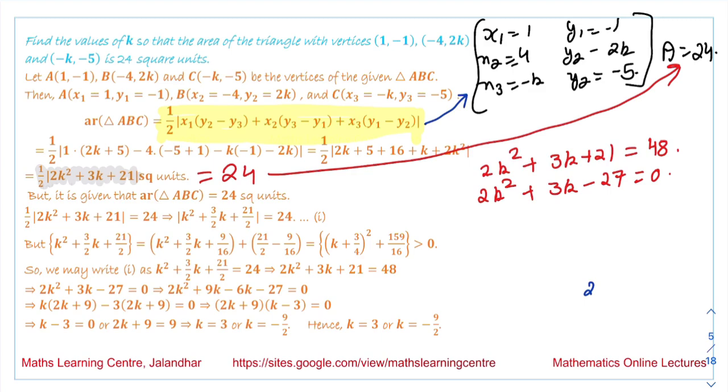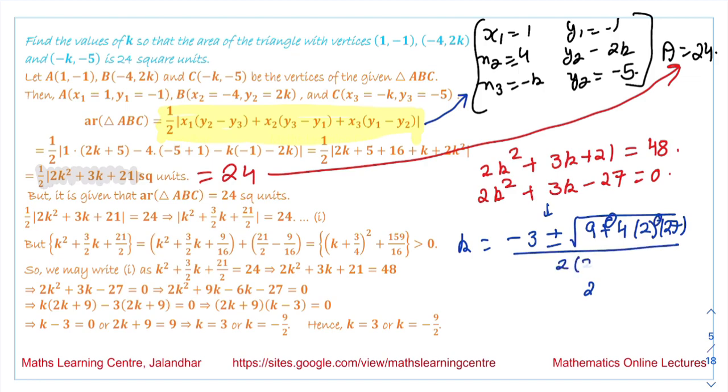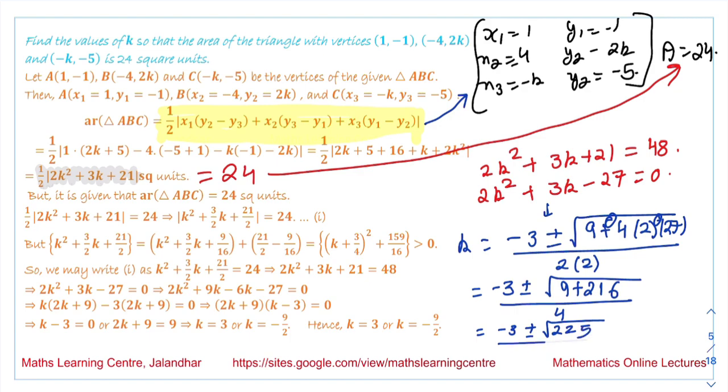So to solve this equation, we can just write k is equal to minus b plus minus square root of b square minus 4ac. It is minus 27, minus sign, both these signs they are adjusted, it is plus over 2a, it is 2 into 2. So the answer is minus 3 plus minus square root of 9 plus 216 over 4, and this is minus 3 plus minus square root of 225 over 4, and this value gives us minus 3 plus minus